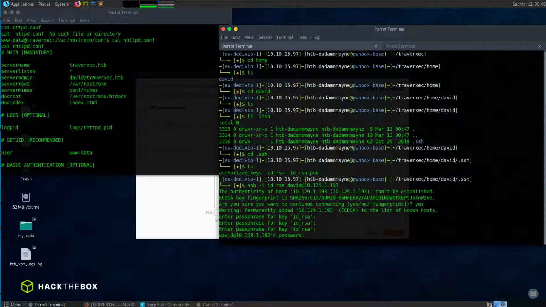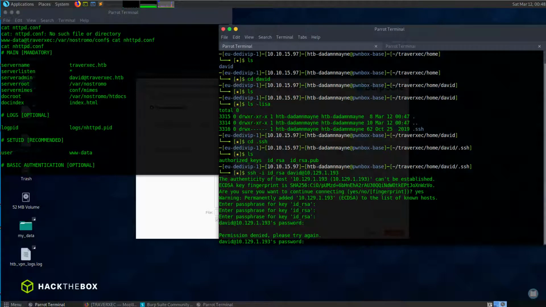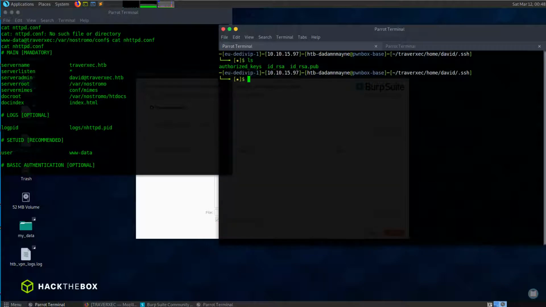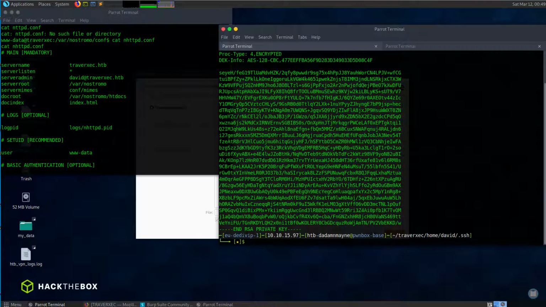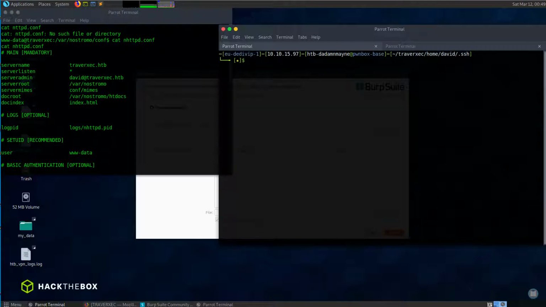Okay, so now it wants my password. Whatever. So apparently the id_rsa is encrypted. Kind of sucks, but we could deal with it, I guess. So what we need to do is